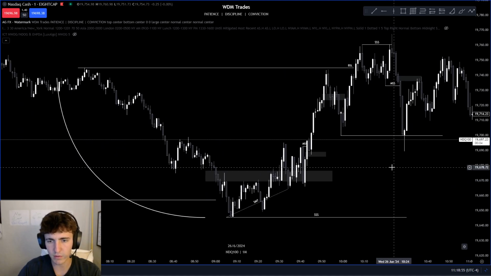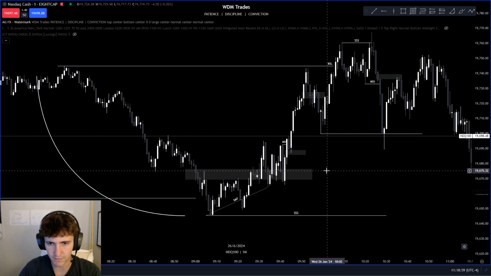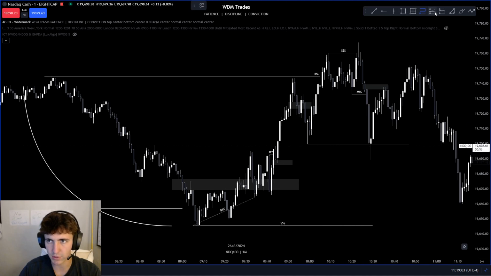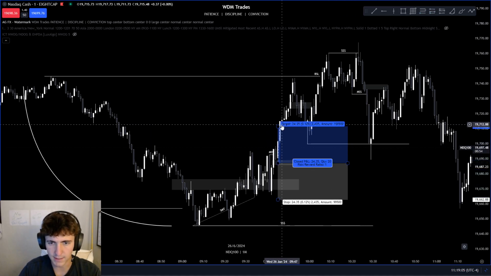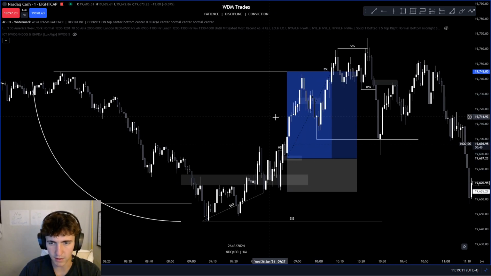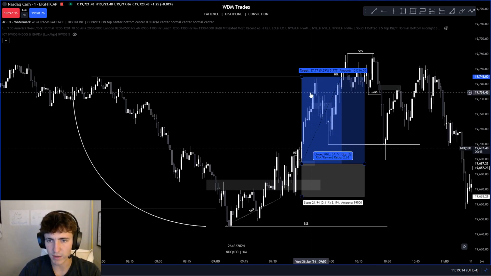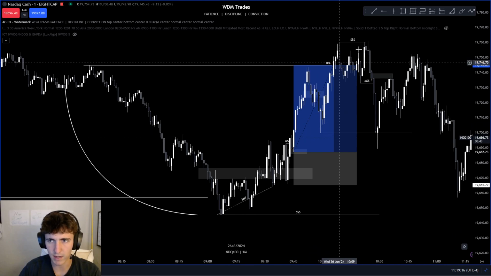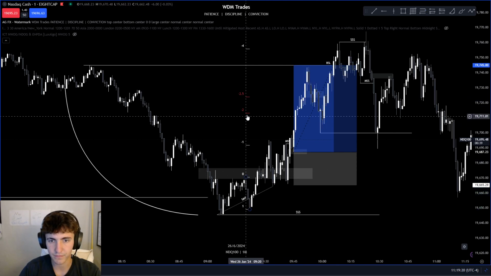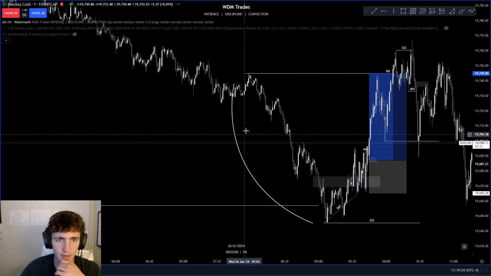So we had a little red folder news right here. NAS fights through it and really gets through that fair value gap. We get the obvious clear, the market structure shift. This should have been the trade right here. You wait for your pullback to enter to get a good RR. You target buy side, stops below that low. It's literally a double better risk reward. You see price would come up, come down, go right back up to buy side, and starts to chop right at your standard deviation level. But this is what the ideal trade would look like, and we will get better. That's the whole point of trading, to get better.